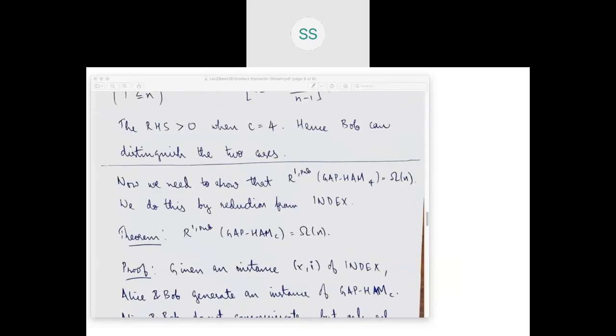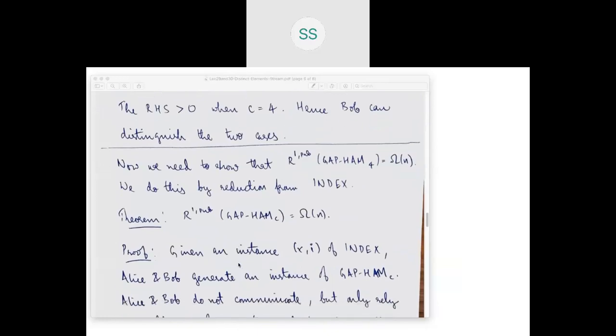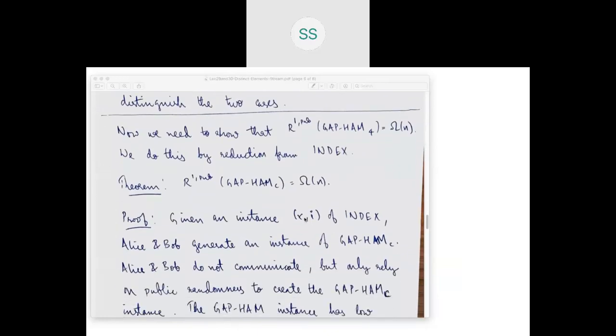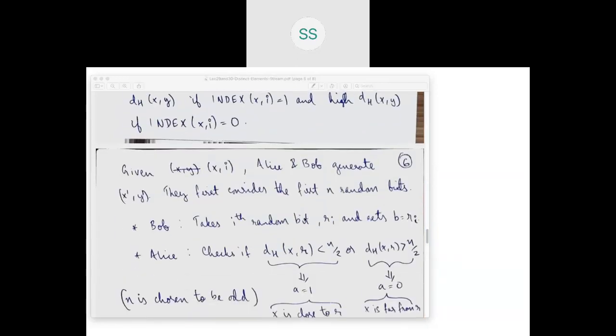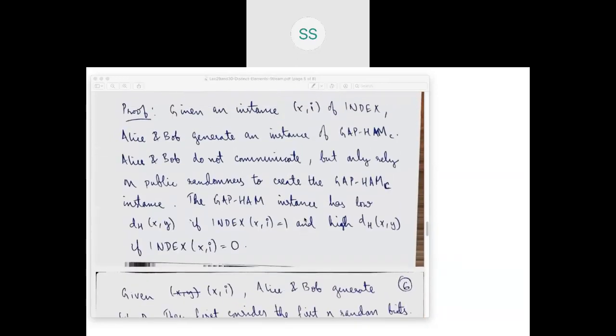We used a reduction from gap Hamming to F0 for the estimation of F0. So we needed to show a randomized one round lower bound for gap Hamming, and that is what we are showing from the randomized one round lower bound for index. So we are reducing index to gap Hamming, and we are going to construct, given an